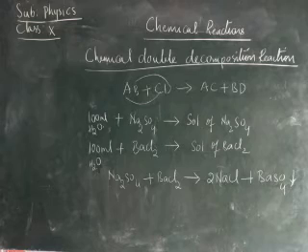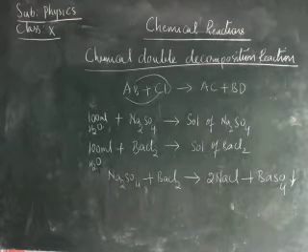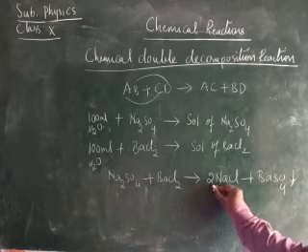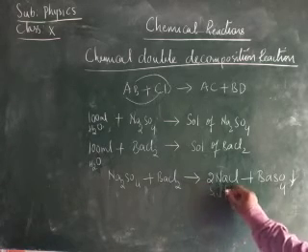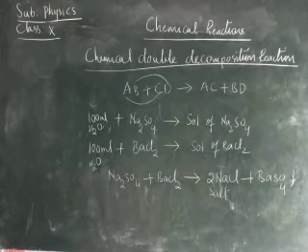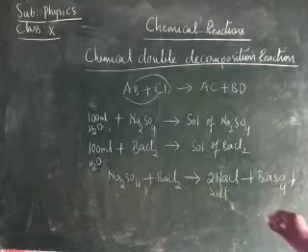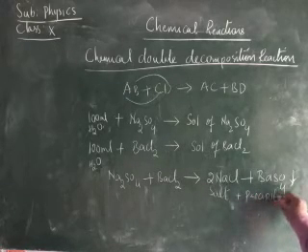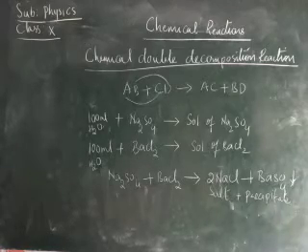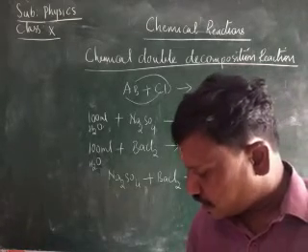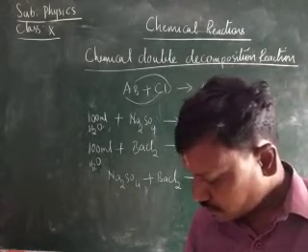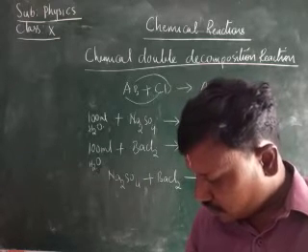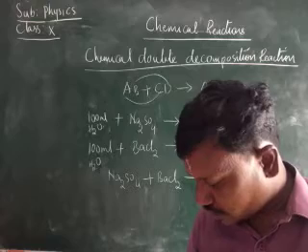Here sodium chloride is the solid substance, that is, it is a salt. Sodium chloride is the salt and barium sulfate is the precipitate, children. Okay, it is the precipitate. Therefore this is an example for a double decomposition reaction.